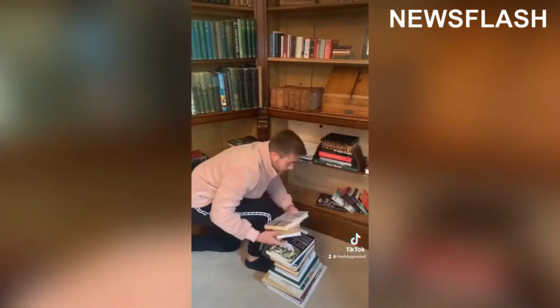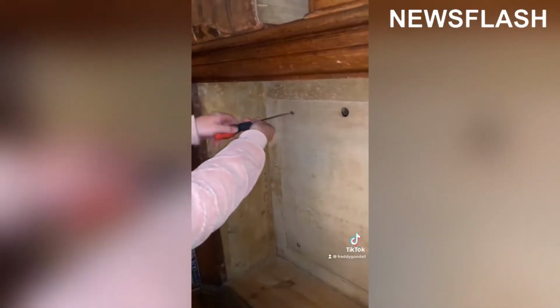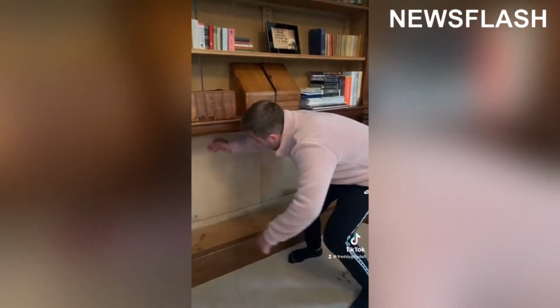First thing I'm going to do is clear off all of these books. I think this bookshelf comes off really easily. Now this is all done, I can see that there are actually some screws I need to take out now. So we got all the screws out, now we're going to see what is behind this door. Oh my god, what is...